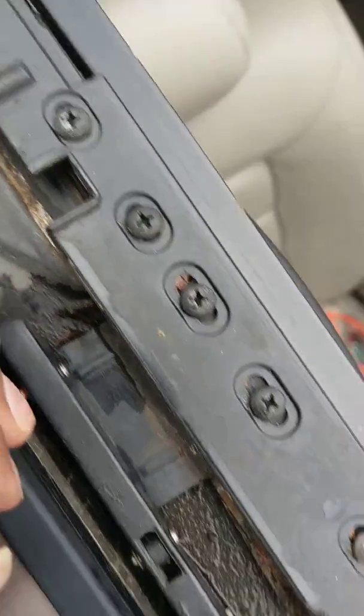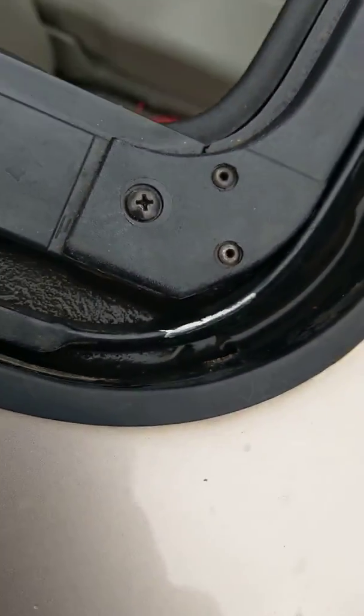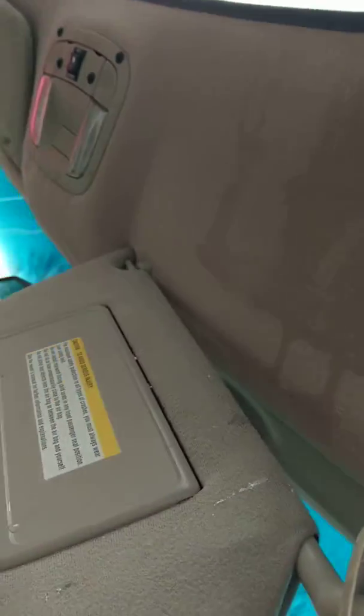drains back there, but what I ended up having to do is I had to pull the hose, the complete panel out here at the top. I don't know if you can see up in here, but I had to pull this all apart. The screws are loose for the visor and for getting it out the door. I had to pull it off of the inside up there of the